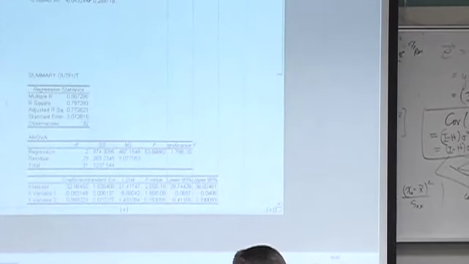Anyway, we'll relate this X prime X inverse matrix that Shane gave us with